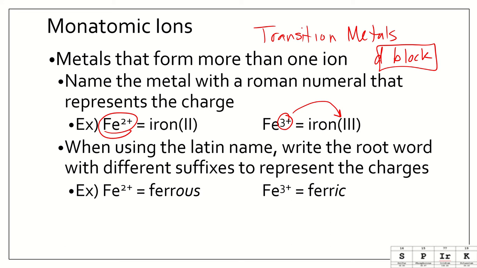That's because it used to be called ferrous, and ferrous represents 2+, and ferric represents iron 3+. So we see this a lot, like tin is Sn, and its root for tin 2+ is stannous,